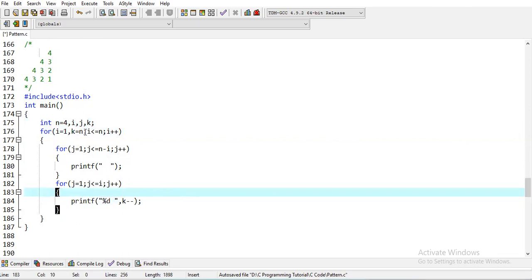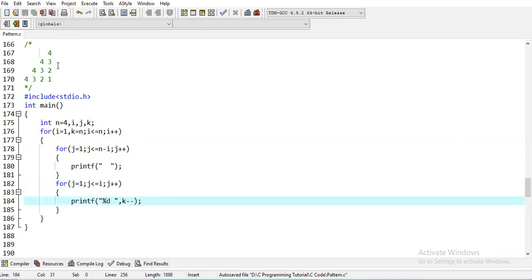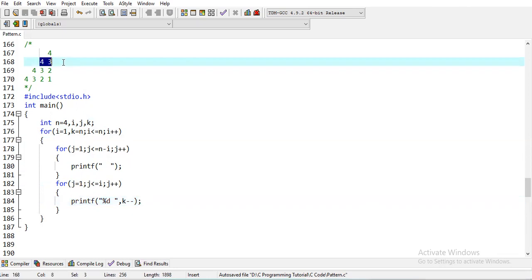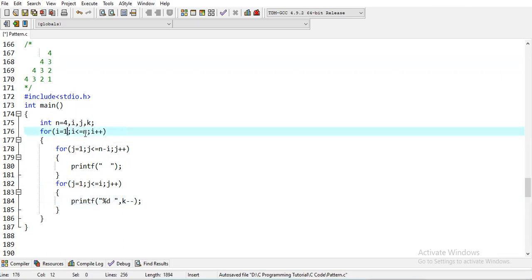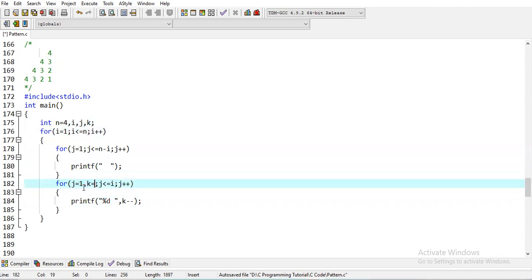So here, if k equals n, suppose k will be 4, then for the first time it will be 4, then 3, then 2, then 1. So as we can see, after the start of every column, it is printing from n. So it is better to initialize k here, k equal to n,